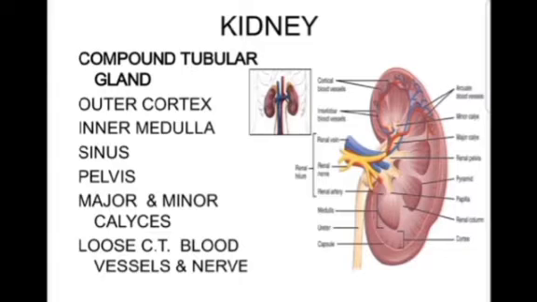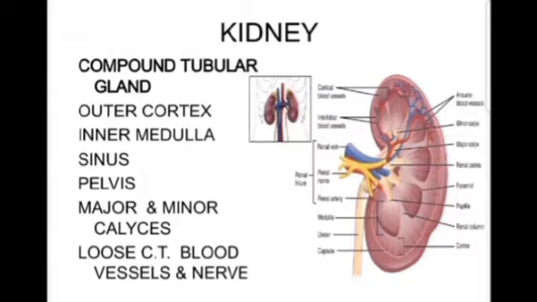Demarcation between the renal cortex and medulla is not clear cut. Only difference is of the color because the cortex is reddish while the medulla is lightly stained. The medullary substance of each kidney is arranged as 8 to 18 conical masses, which are called the pyramids. Base of each pyramid is lying adjacent to the cortex, while the apex, known as papilla, projects into a minor calyx of the renal pelvis.